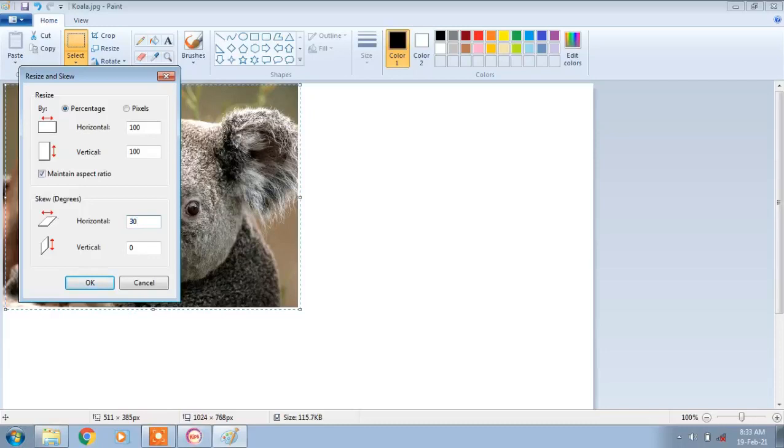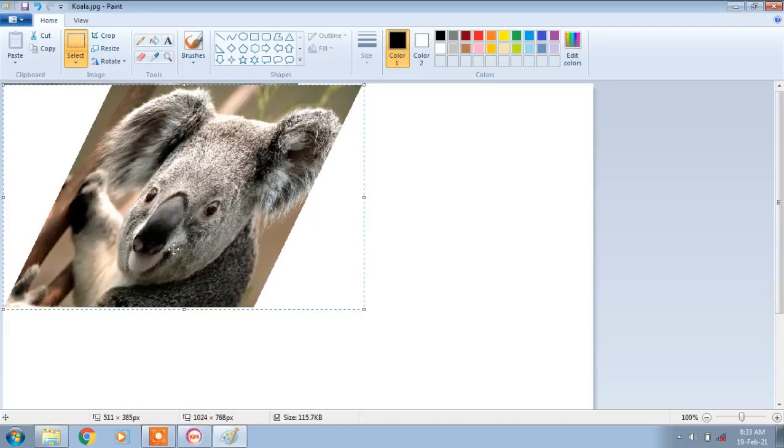I'll enter 30 horizontal, 30 degrees. See, it has been tilted by 30 degrees. It is not called rotation, it is called skew. So it is skewed by 30 degrees. In this way you can use the skew option.